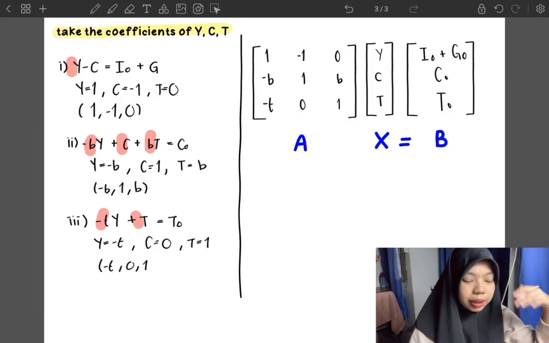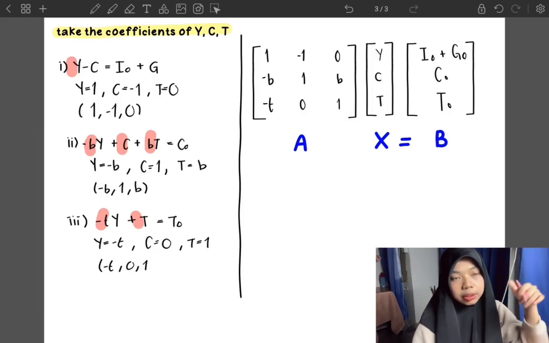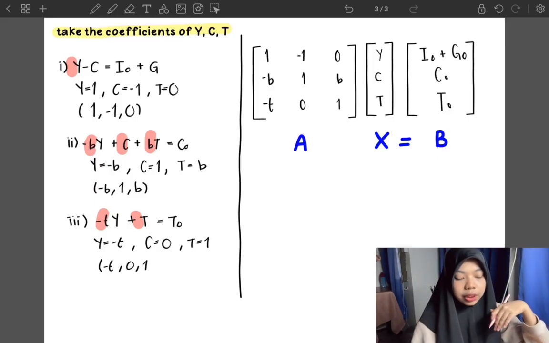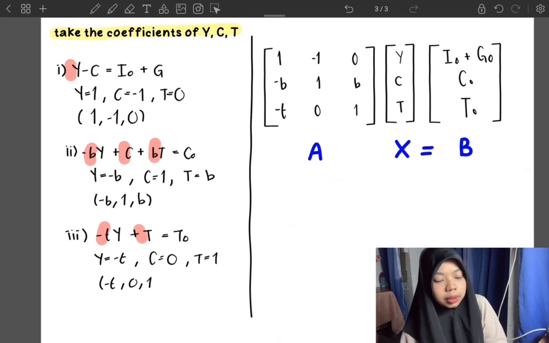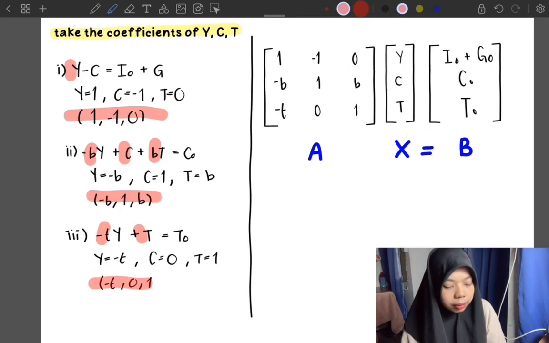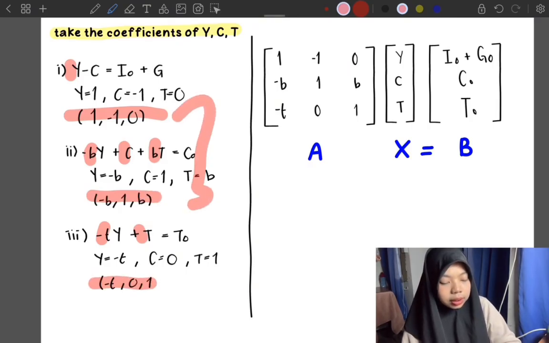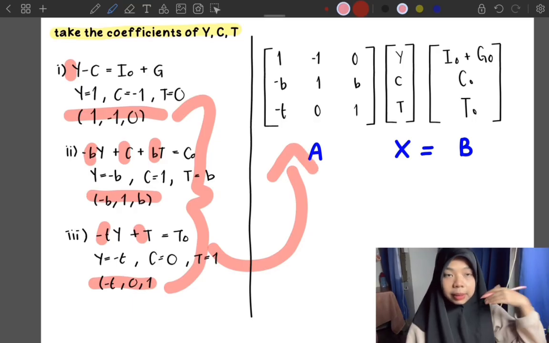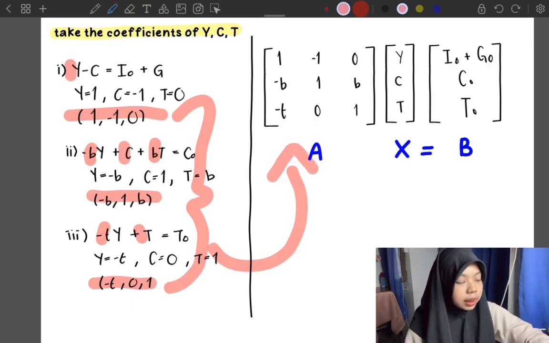Okay, so we need to form a matrix form. We use AX equal to B, where A is the coefficient matrix, X is the vector of the variables, and B is the constant vector. So we need to put all these three equations into the matrix form. So for the final answer, we got